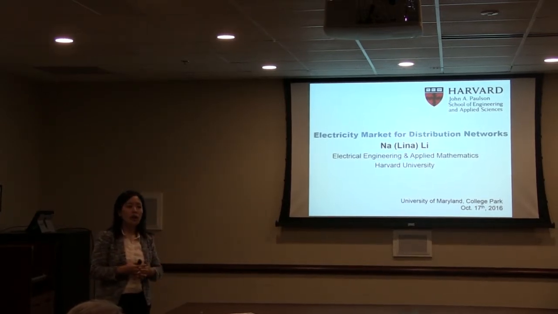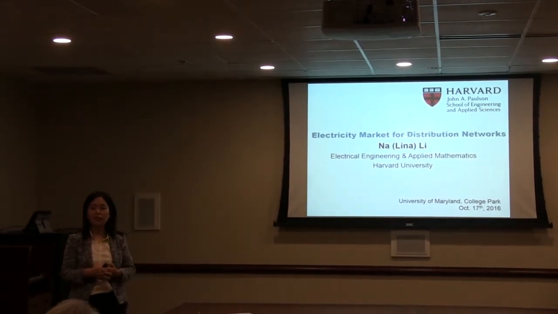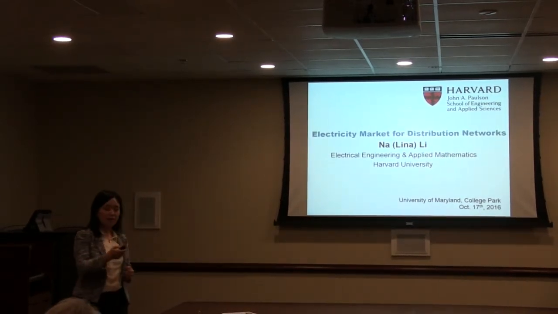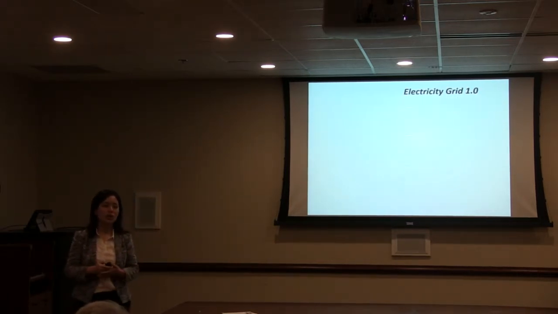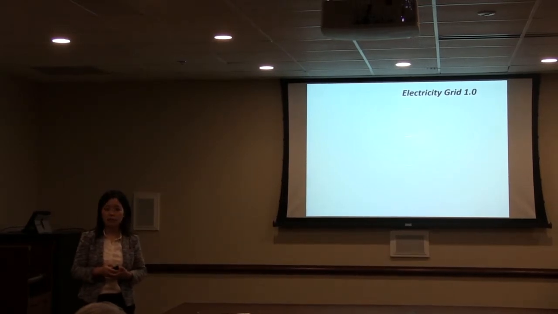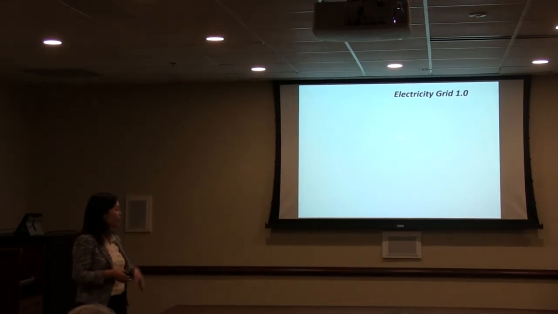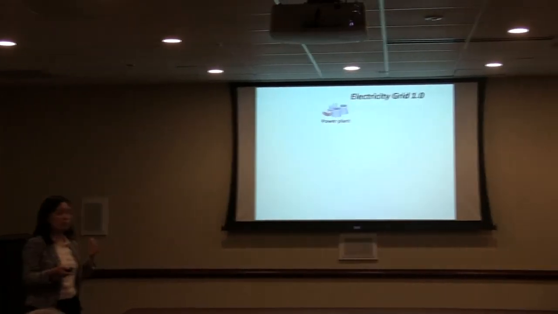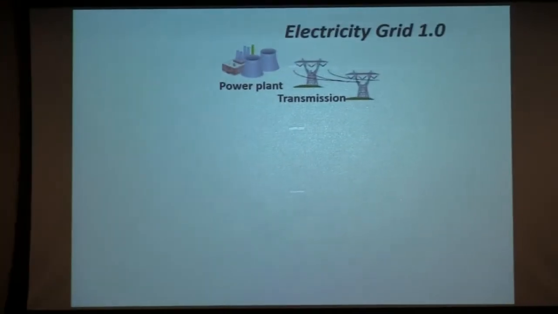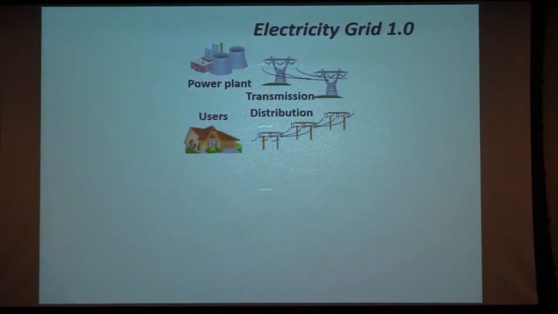So what problems are important in the electricity market? Why do we need to think about a new market design for the system? As most of you have worked on the power grid before, let me give a brief introduction of what changes are happening in the electricity grid. I usually call the traditional grid electricity grid number one. Its operation is a vertical structure: power plants generate power, which is transmitted and distributed to the end users. The fundamental goal of the power grid is to make sure supply equals demand.